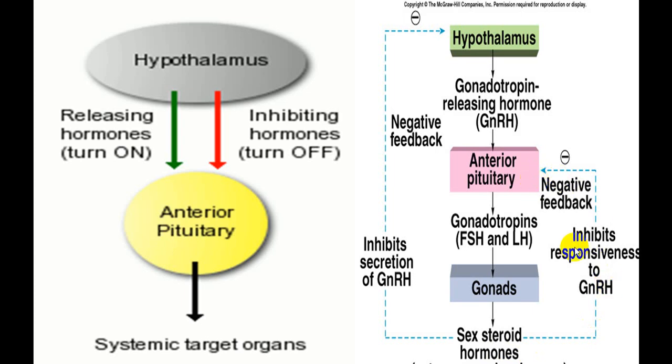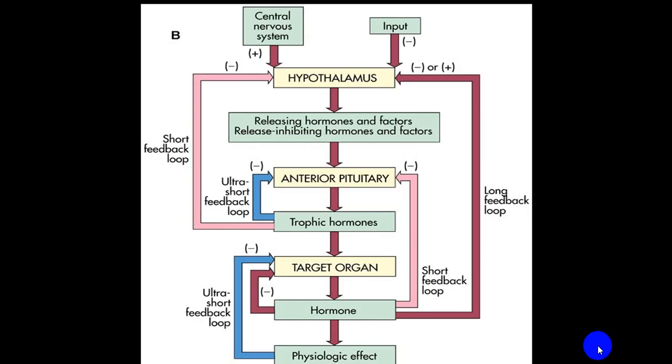negative feedback, inhibits the action of GnRH, while it will be acting on a hypothalamus and it will inhibit the release of GnRH. So it inhibits the secretion of GnRH. This is a long loop negative feedback. So that is how the feedback system is. So this is short loop, this is long loop. There is something called an ultra short loop, in which the trophic hormones of anterior pituitary can inhibit the production or inhibit the action of releasing hormone in anterior pituitary.